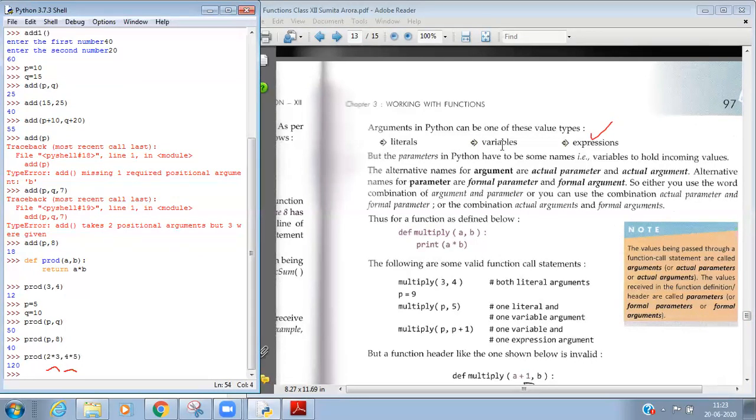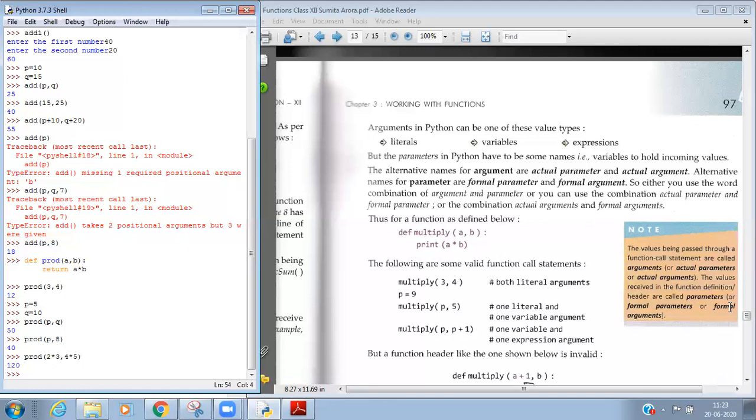Okay, so now we have done expressions in the function call. We have also passed variables in the function call. We have also passed literals in the function call. So these are not different methods, but different types of arguments that we can use in a function. One more very important thing to understand is that alternative forms can also be used. If we have variables, then we can mix them with expressions and literals also.